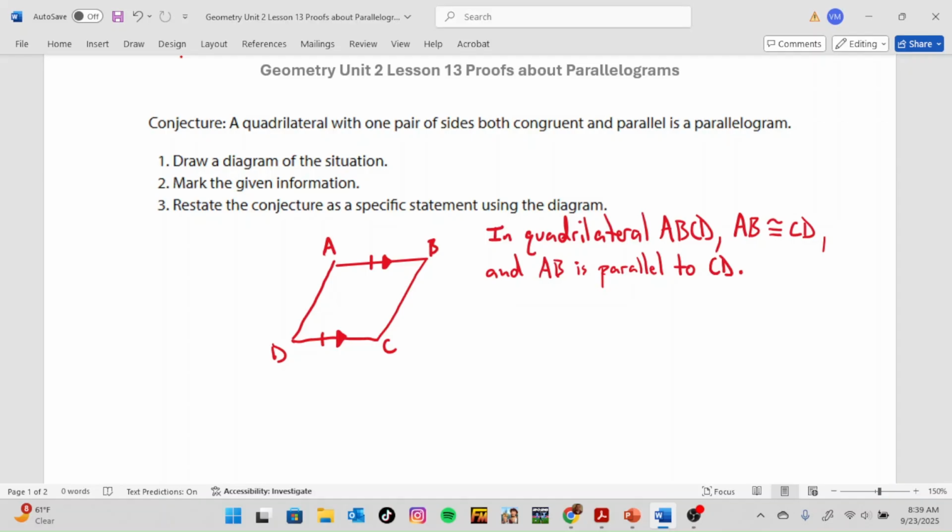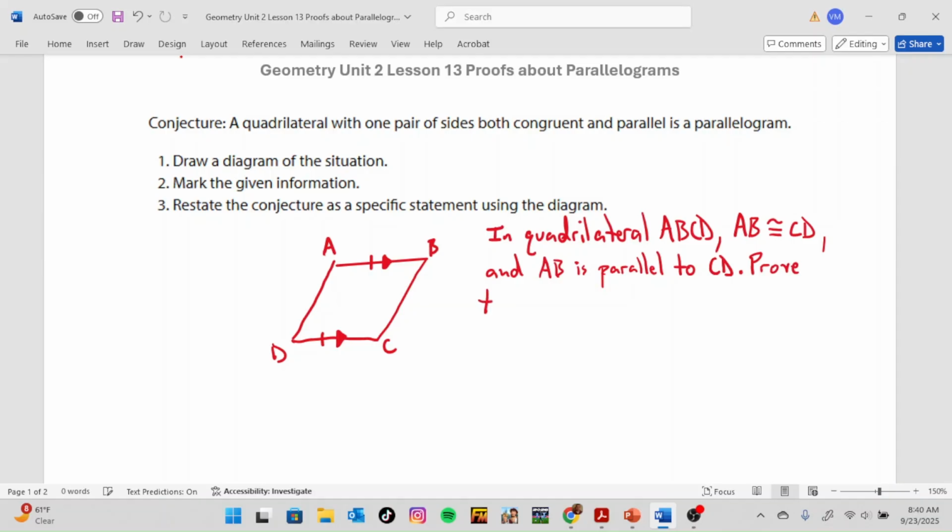We have named the sides that are congruent rather than just saying there is one pair of sides that is congruent. And we have named the specific sides that are parallel rather than just saying there's a pair of sides that are parallel. Now we need to finish the conjecture, so we can say